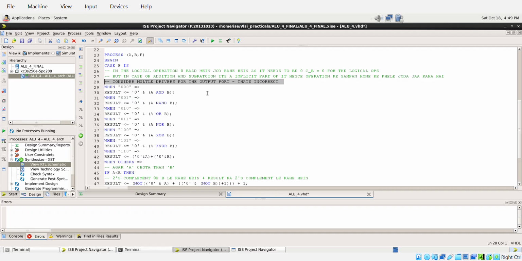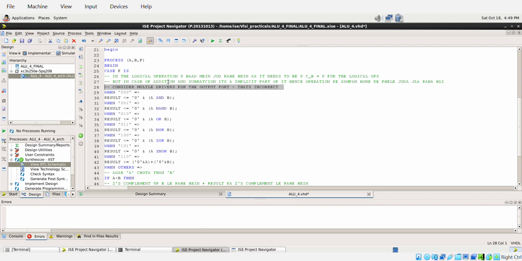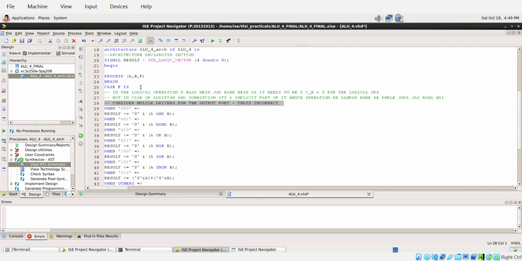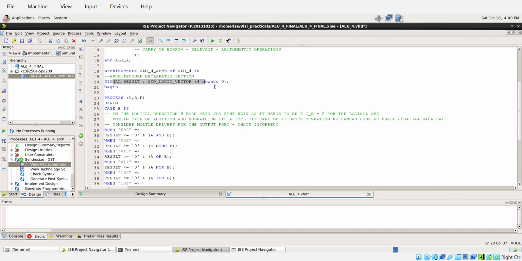So the synthesis tool will raise an alarm about how you're trying to do that. But for the internal signal which we are defining over here, that is the result, it will not have any kind of issue like that. It will allow that to happen smoothly. So that's why we declare another variable result, which comes over here in the architecture